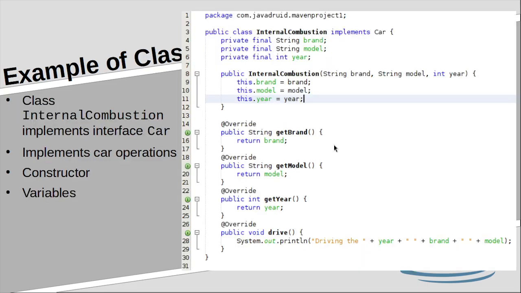Now this is a more complex class, but still a very simple example. This is a class that implements the interface Car, the interface we saw in the previous slide. Again, in the same package. It doesn't have to be. It can be in any package.